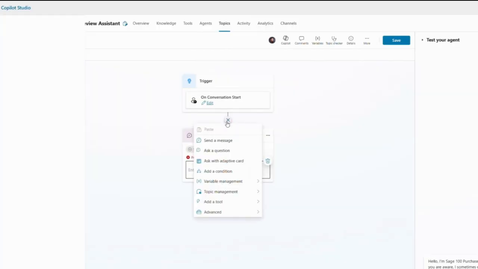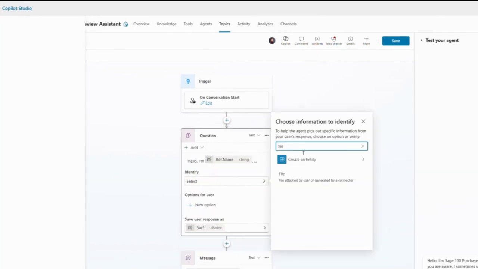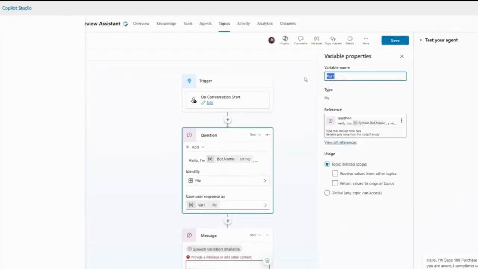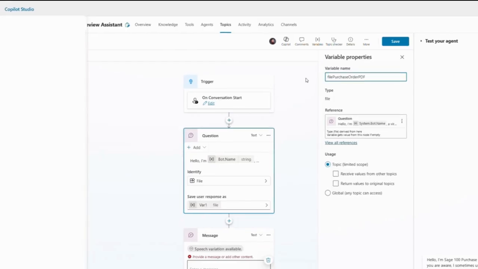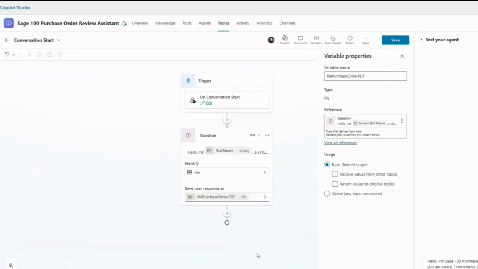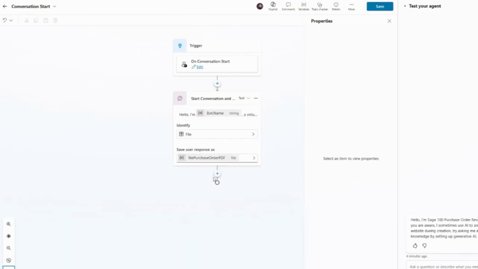In this case, we're going to go ahead and start by creating a question. A question prompt allows us to ask the user for a purchase order PDF. We are going to identify a file that is sent back by the user and provide a name so that way we can use this file throughout the agent. Next, we'll go ahead and remove the message as we won't be using it for this topic. We'll go ahead and give a name for the question that we just added,